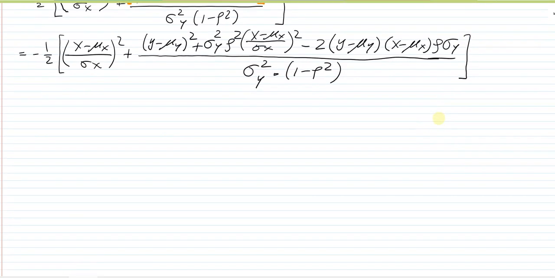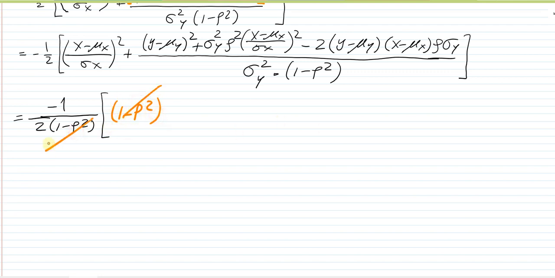All right, so what I want to do next is factor 1 minus rho squared from inside the bracket. So it's going to be negative 1/2 1 minus rho squared. Now the first fraction, because this part doesn't have 1 minus rho squared, we can multiply top and bottom by 1 minus rho squared, and that's going to create a 1 minus rho squared. See, so I can cross them out like that. That's how I can create them. And then times x minus mu x divided by sigma x quantity squared, plus